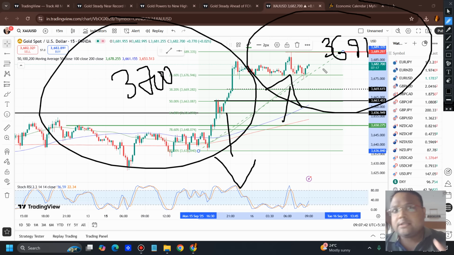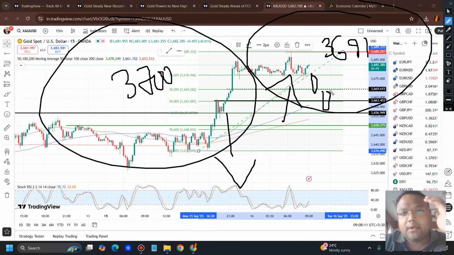If you see that there's a good amount of buying power, then you can go for a buy above 3691, but avoid big lot sizes because 3700 can cause some trouble. But anyways, the trend of the market is bullish, there is no doubt about it. So as long as market remains like this, try to be on a buy side only. If you see a sudden selling pressure during the US session, if you see sudden big red candles forming by the market, then obviously you need to change your trading strategy.